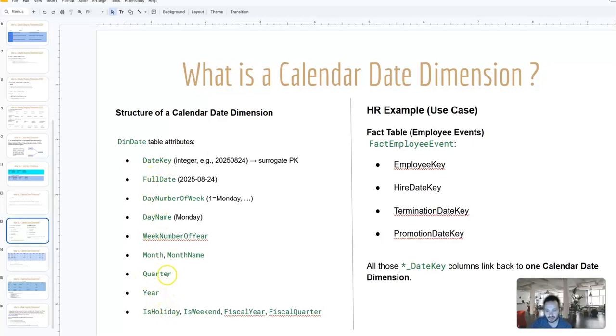As you can see, you have here the quarter, you have the year, and we have a fact table called employee events. This employee events table will have employee key, hire date key, termination date key, and promotion date key. And this way, you can see that